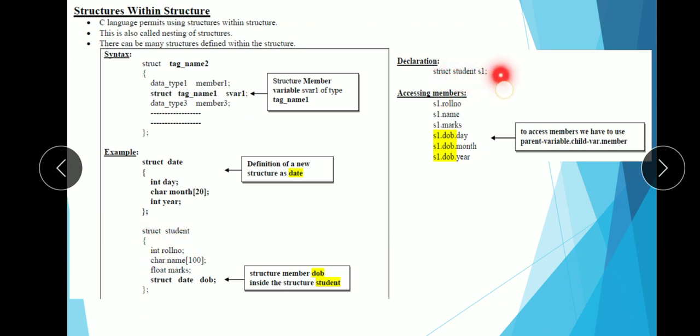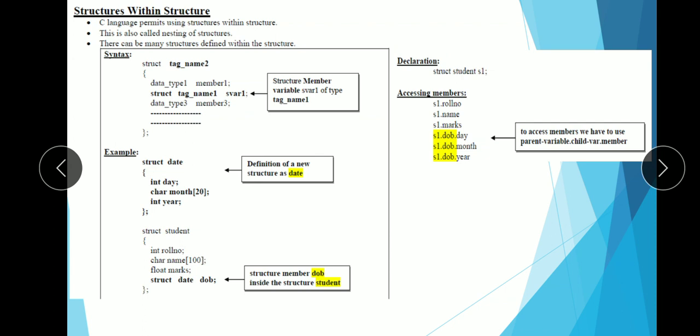I have to create the variable for this particular structure, not for this, okay? Because we have created the variable for this date inside this structure, so I don't have to create one more variable for this particular date. I have already created it here. DOB is the variable of type date.